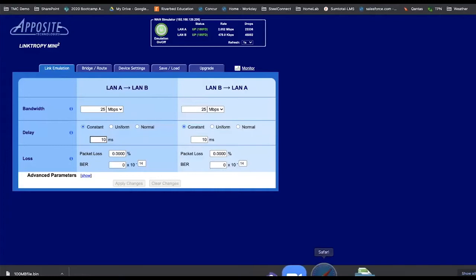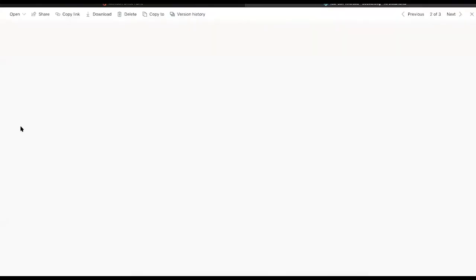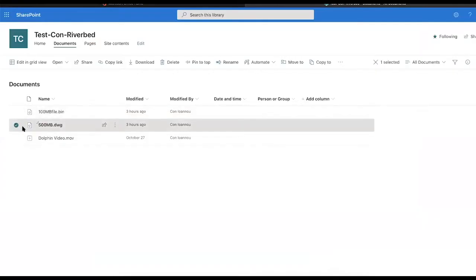So if I just go back across to my SharePoint site, I'll click on this 500 meg file and I'll just go and download it. And what we'll see is how long it's taking to download that 500 meg file. This is warm, so it's seen this before. You can see it took somewhere in the vicinity of 10, 12 seconds to download that file, right? Which is a 500 meg file out of SharePoint